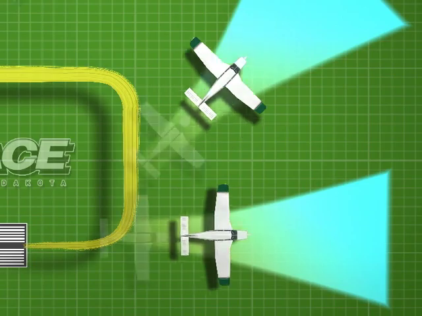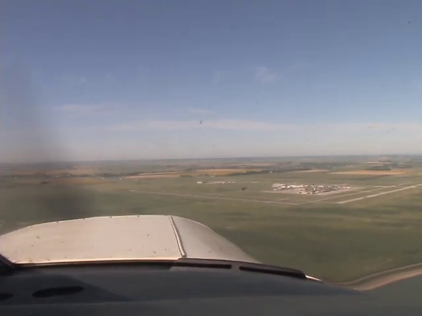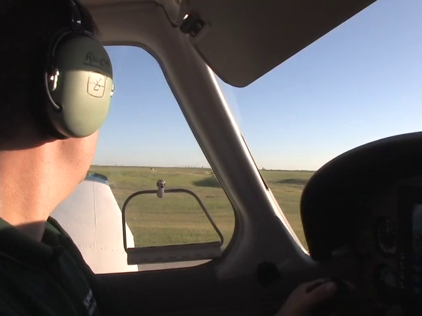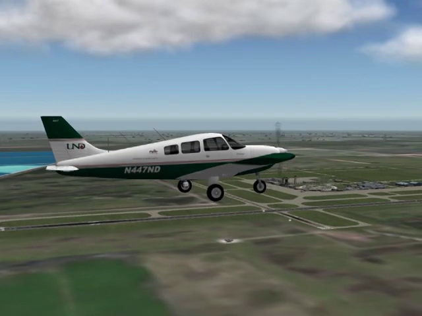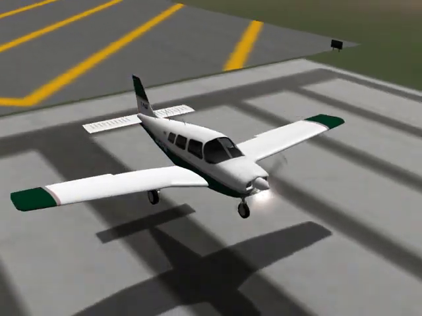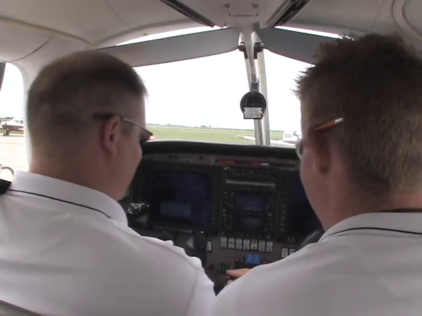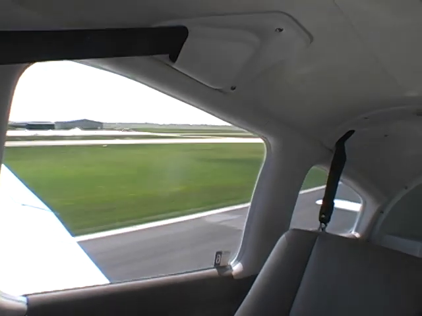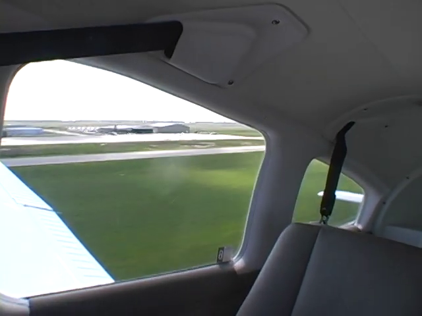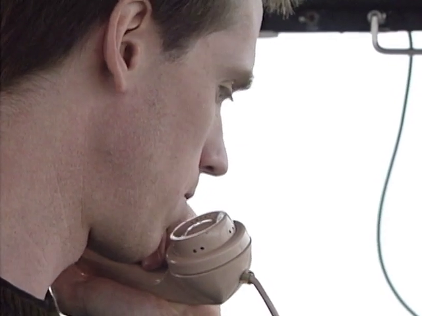In this standardization lesson, let's actually fly the pattern one leg at a time as we take a UND Piper Warrior from the hold short position all the way through a standard traffic pattern on 3-5 left at Grand Forks and then to a safe and successful landing. Prior to the flight, the pilot should have already determined the runway in use, pattern direction, pattern altitude, and any other pertinent airport information. At Grand Forks, the pilot will be cleared for takeoff by the control tower, and then